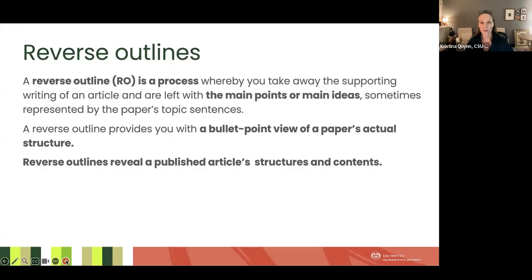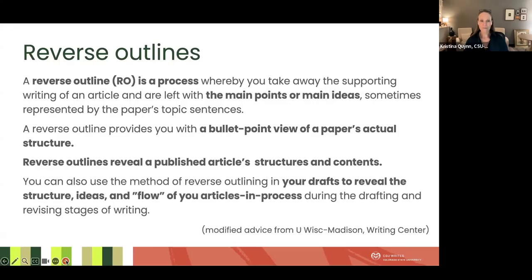So you could do it with role models. My recommendation is do this with really good example papers. If they're questionable or you're not sure if they're good quality, I wouldn't try that. That's kind of like a varsity or an expert approach to determine how it's structured. Start with ones that you know are well written. They read smoothly and you can find the points. And we'll take a look at one in a moment. You can also use this method for your own paper, as I mentioned.